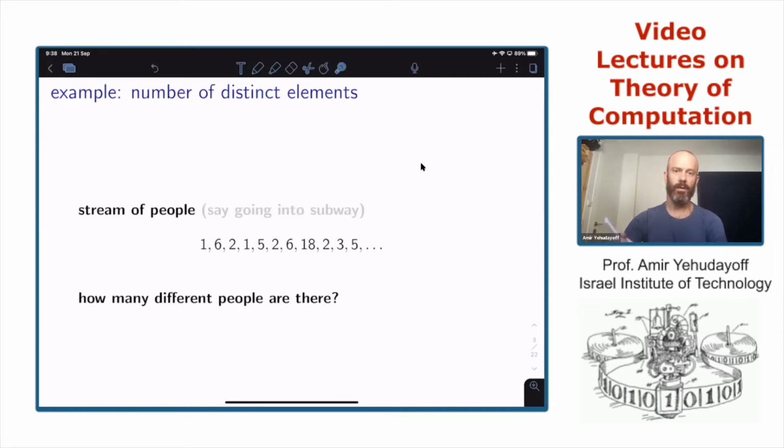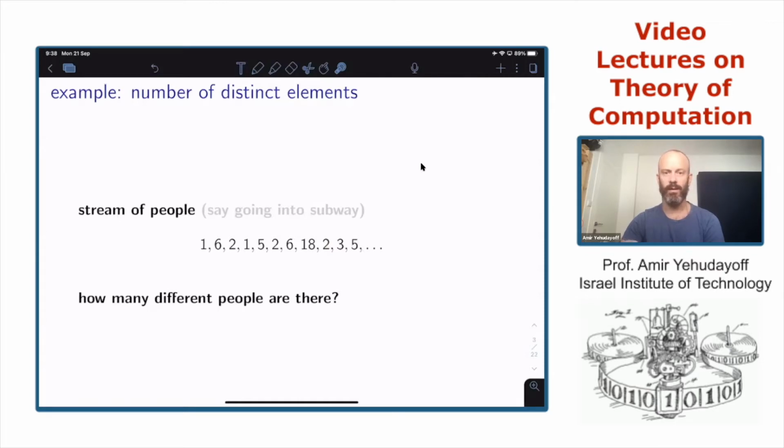So these are the names of the different people, and when I went over the stream, I needed to remember at every point in time, is the new element I just saw, the new thing that arrived in the stream, appeared previously or not?